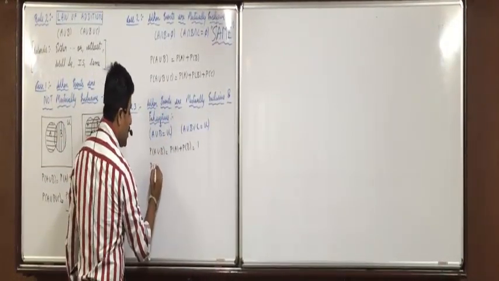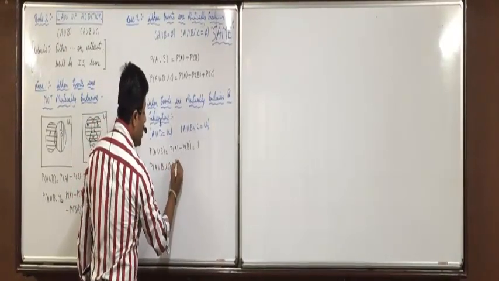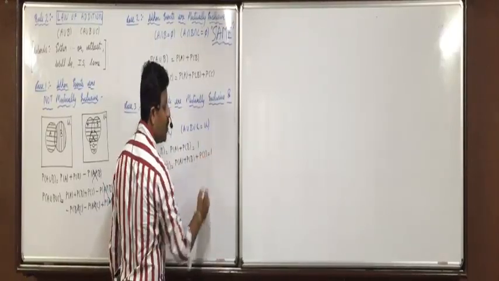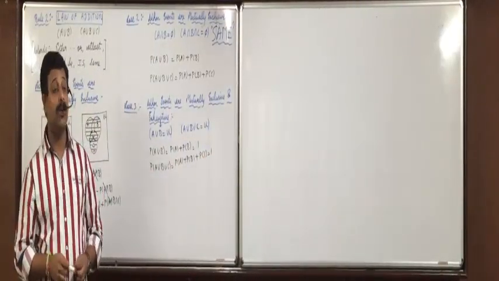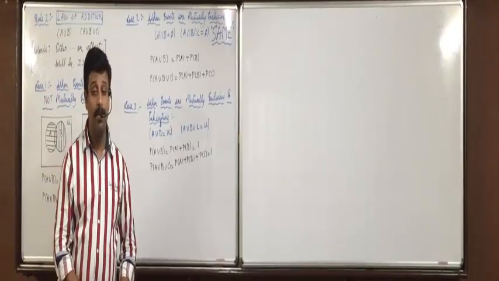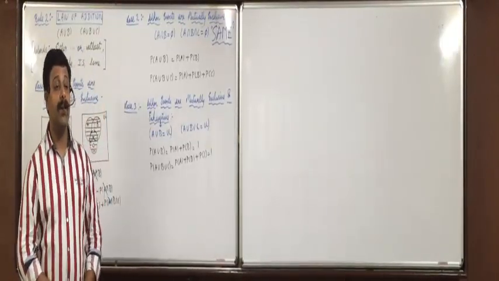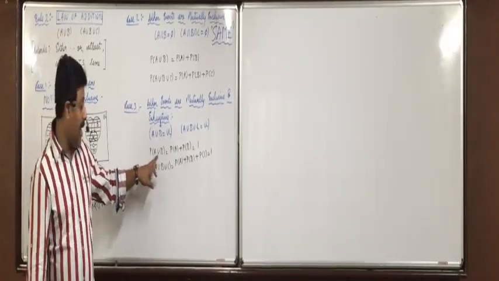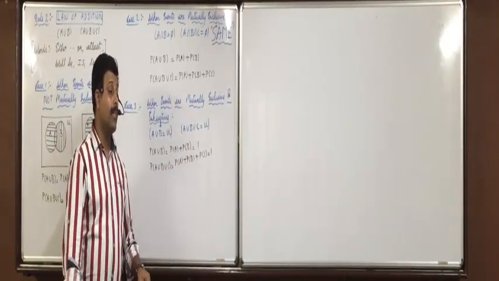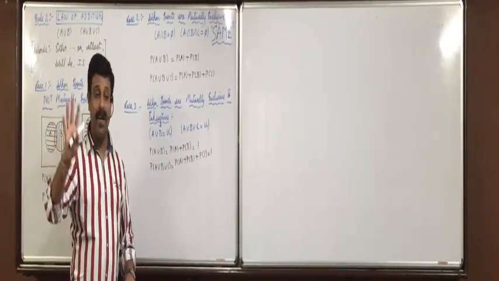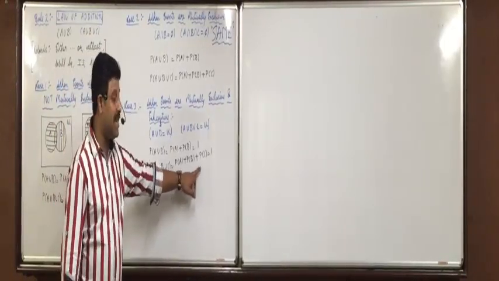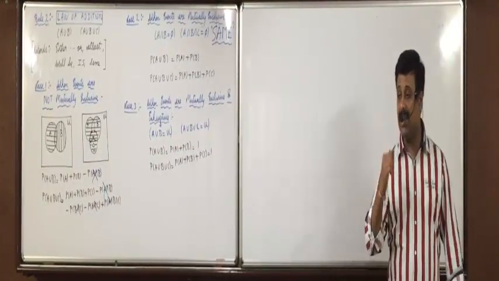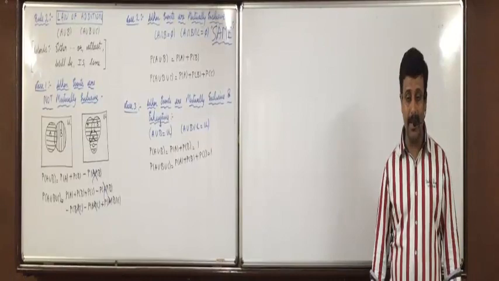Same way, A union B union C will be equal to PA plus PB plus PC, and your answer will be equal to 1. Now the question arises, if answer is equal to 1, then what will you have to find? Missing figures. This case will be generally used when A union B's probability is given, A is given, B is missing. So we'll take it equal to 1 and find PB by taking A on the right side. Or here A, B, C, any one of the probabilities is missing. Case 3 will be especially used to find the missing probabilities. Did everyone understand this? Write it down.